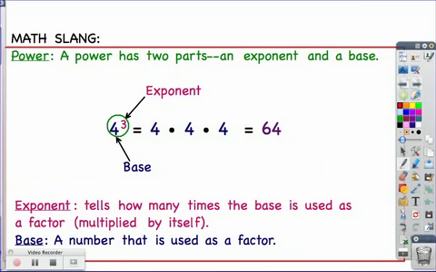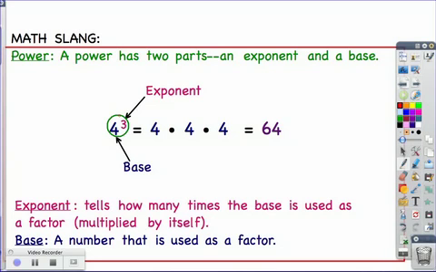Some important vocabulary to know for this section is power, exponent, and base. A power would be like 4 to the 3rd. It has two parts, an exponent and a base. The base is the bigger number on the bottom. The exponent is the small number that tells you how many times the base is used as a factor or